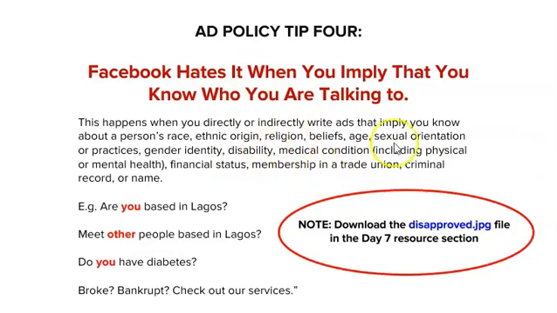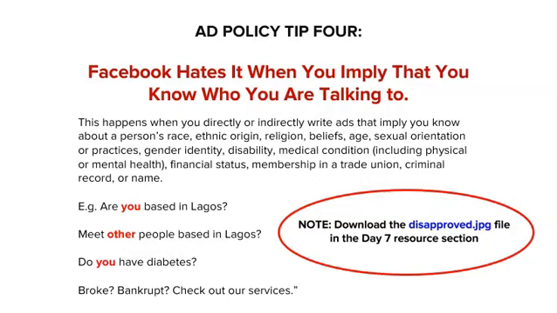You can see the entire list right here. So when you run an advert that says something like, if you are based in Lagos, this is for you. Or when you say, are you based in Lagos? Or when you say, meet other people based in Lagos, you are implying that you know that the person reading that advert stays in Lagos. And Facebook doesn't like this.